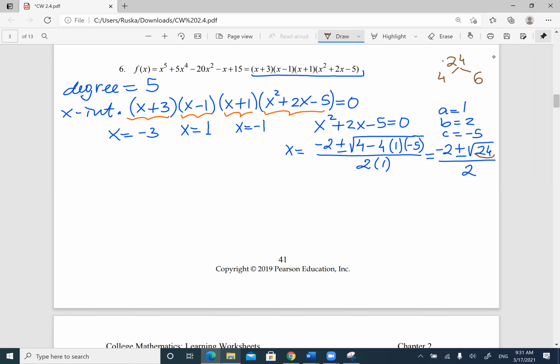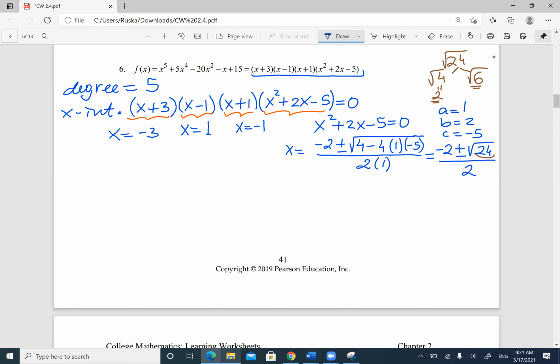Because you're taking the square root, it's going to be the square root of 4 times the square root of 6. And the square root of 4 is actually 2. So the square root of 24 is 2 square root of 6. That's how you break it down. You take it out. So I'm going to simplify that, and I'm going to get x equals,